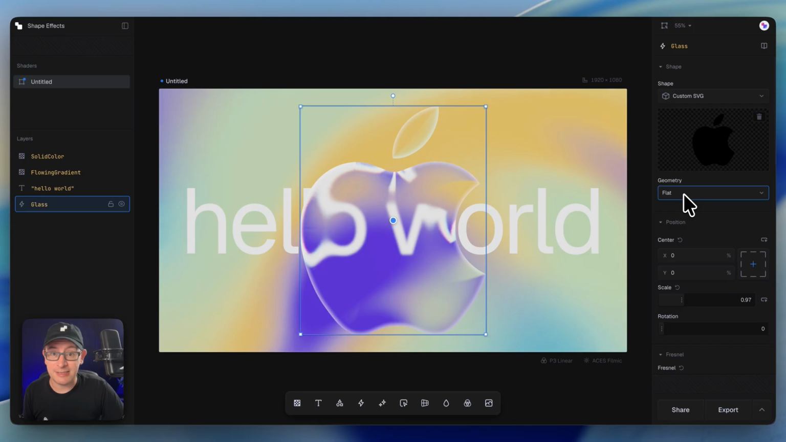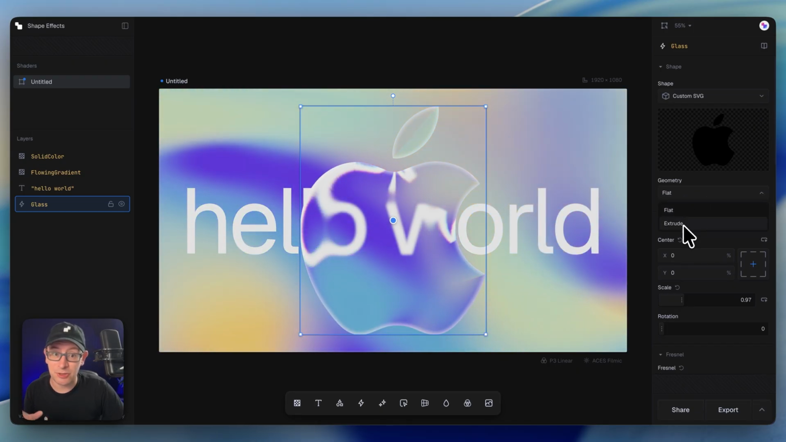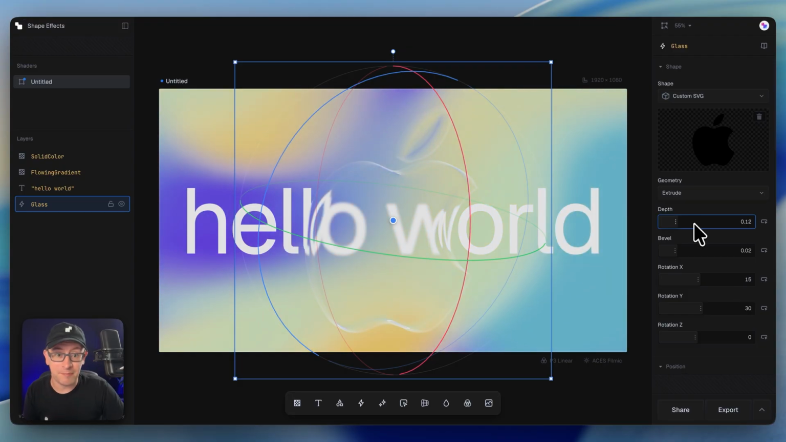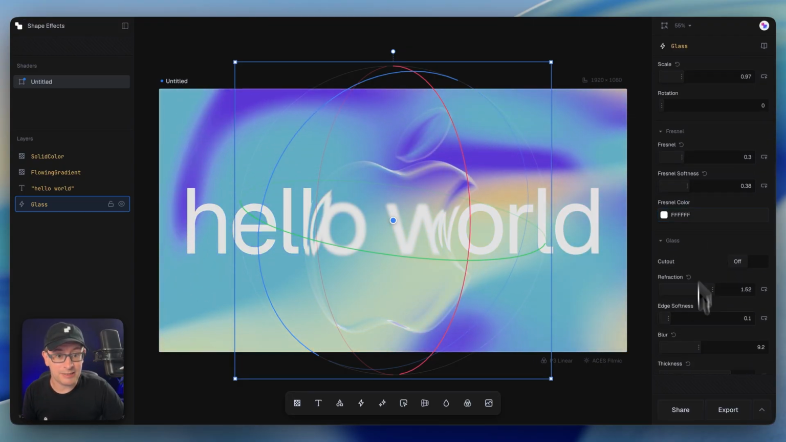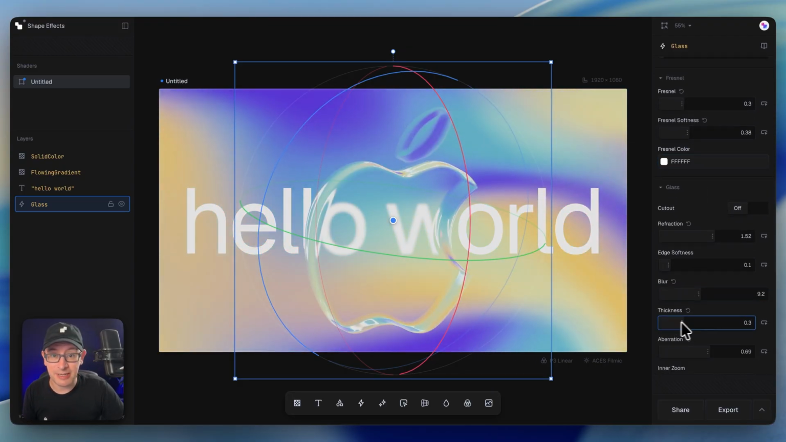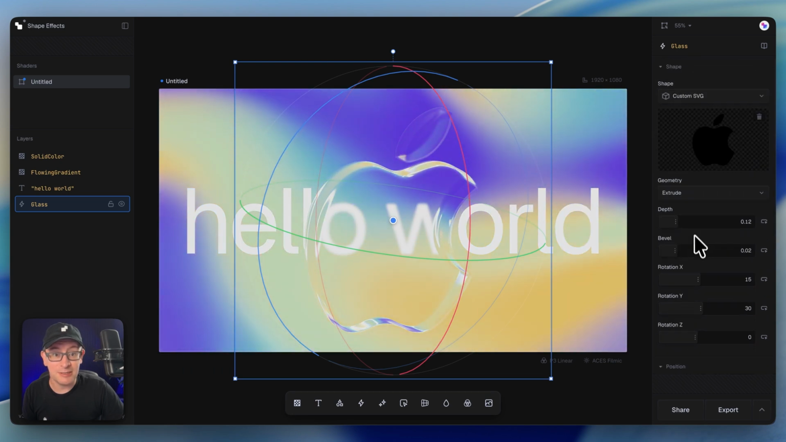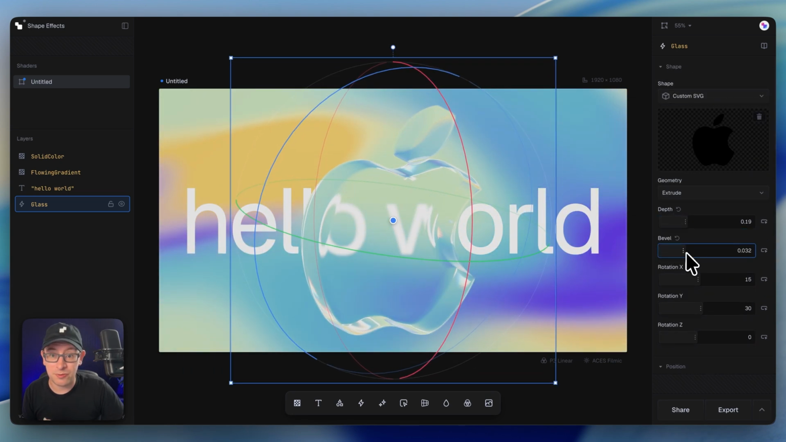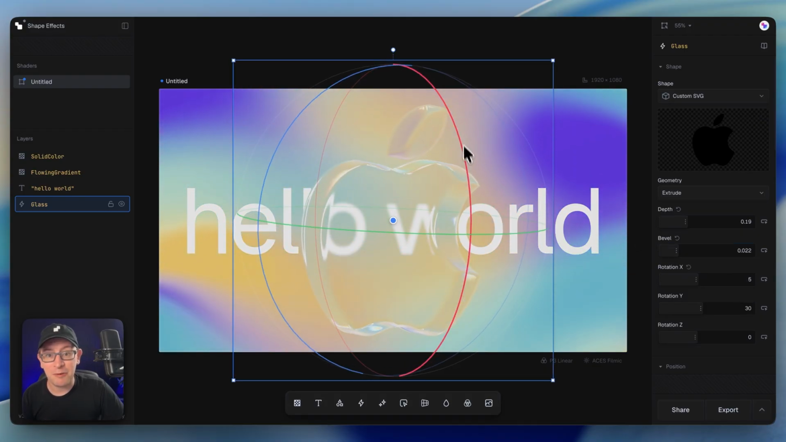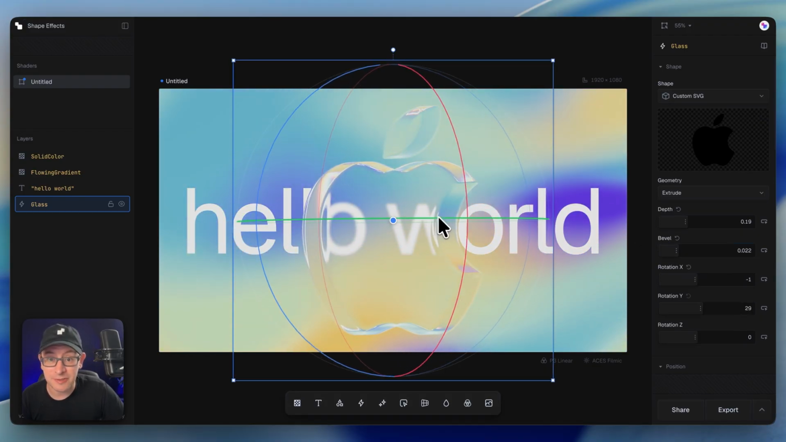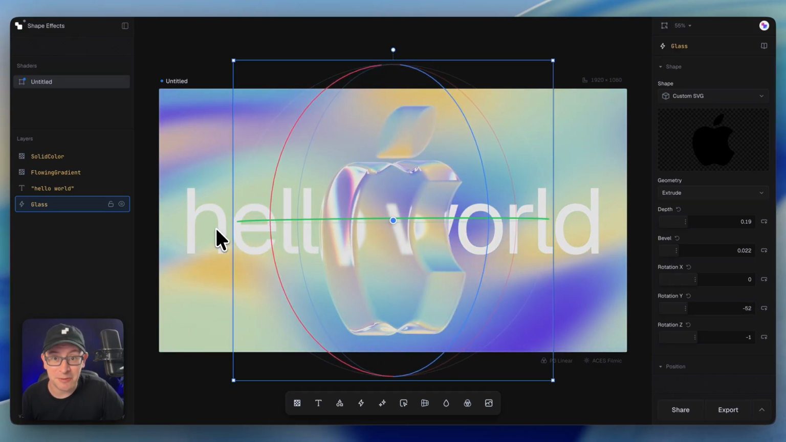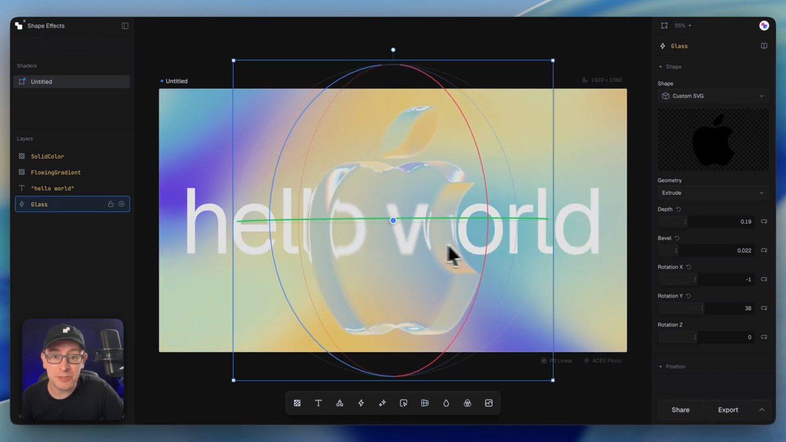You can also take it from geometry flat to Geometry Extrude, and this is where your logo goes from 2D to 3D. If I was to drop that thickness down just a little bit so we can get a nice clear look at those edges, I can extrude a little bit further, maybe choose to bevel a little bit, and now I've got a 3D version of my SVG logo. So this was just an SVG file, right? This was just the Apple logo as an SVG that I dropped in,